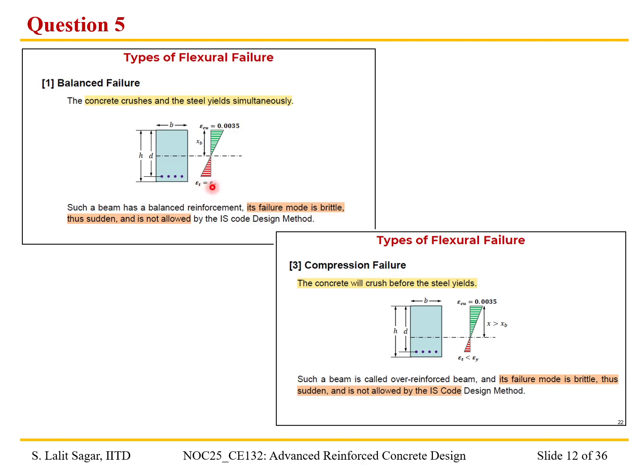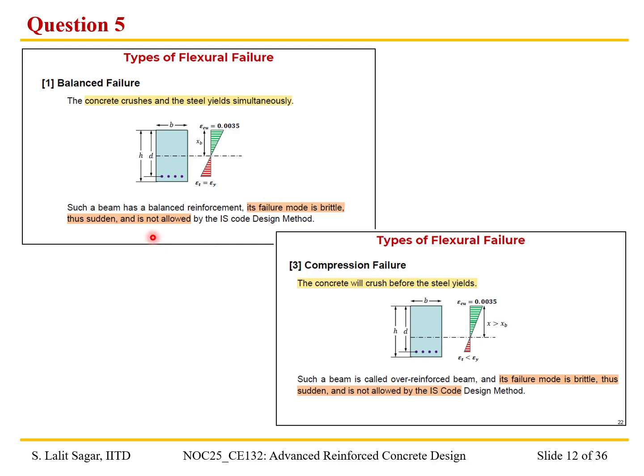When the beam is provided with balanced reinforcement, the compressive failure of concrete takes place, and at the same time the yielding of steel rebar takes place, and this mode of failure is brittle and sudden, and it is therefore not allowed by the IS